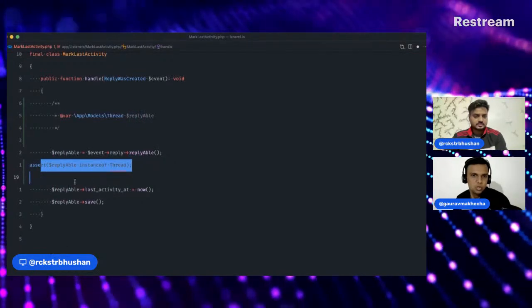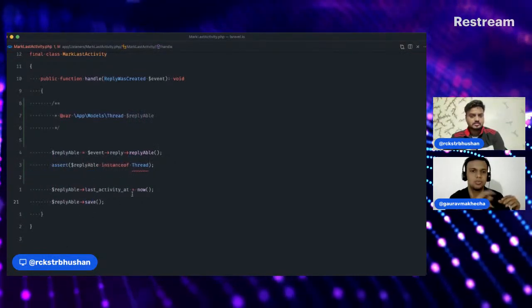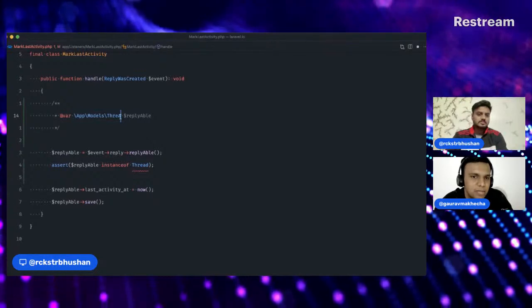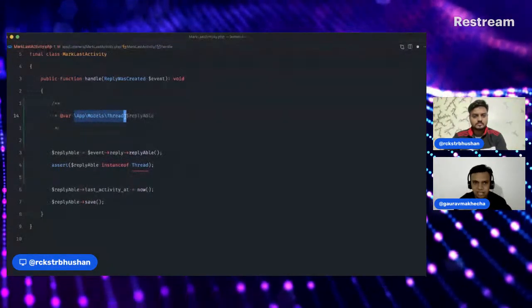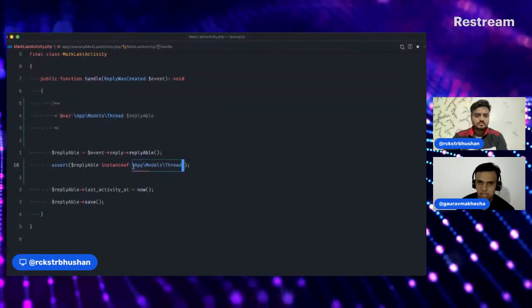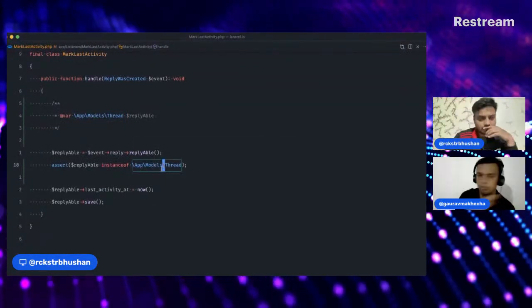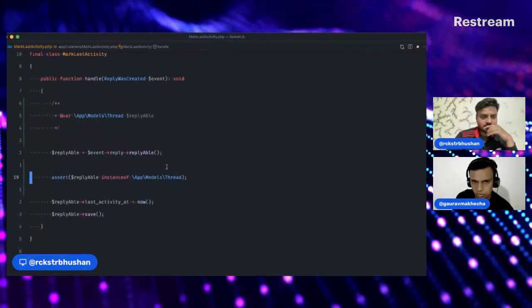Paste it. Here we are telling PHP as well as PHPStan that this replyable has to be an instance of the thread class. If it's not, prevent the execution from moving forward.